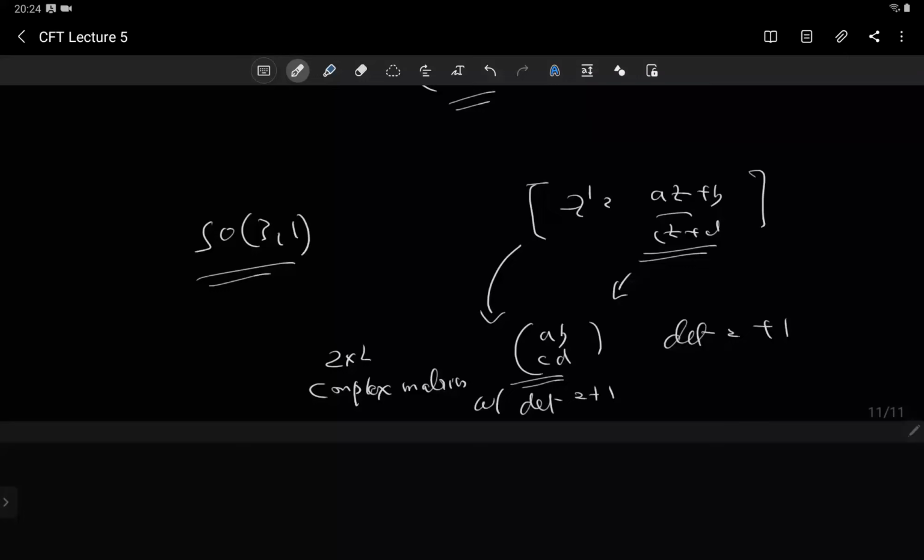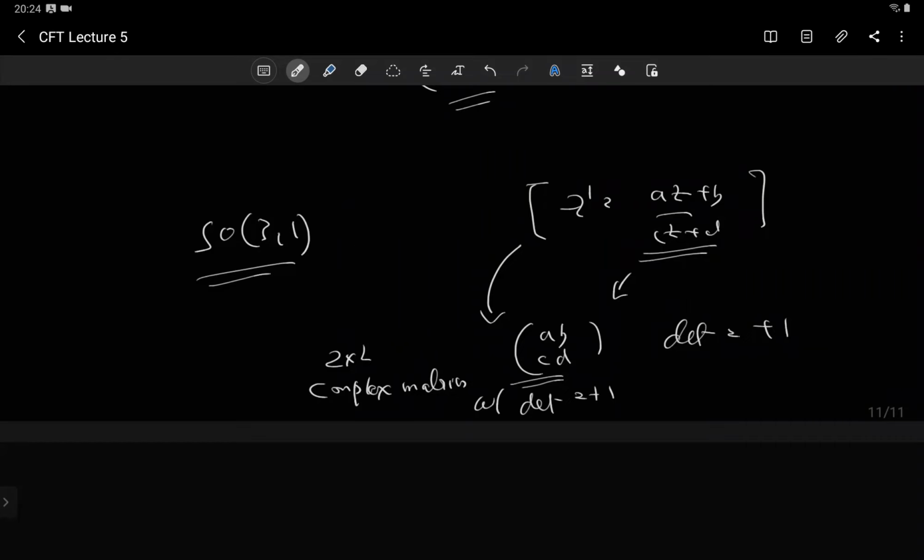You understand why I'm saying this? Because the group is just the same as this, because all we are doing is matrix multiplication, right? And each A, B, C, D corresponds to one group element, because it corresponds to one conformal transformation, to some particular conformal transformation.